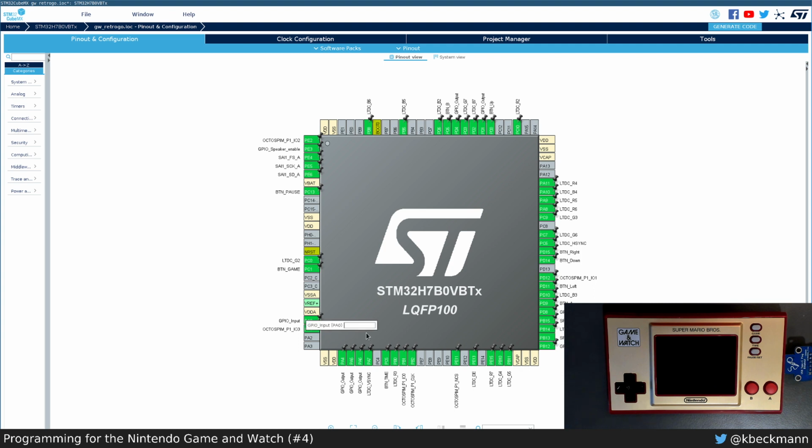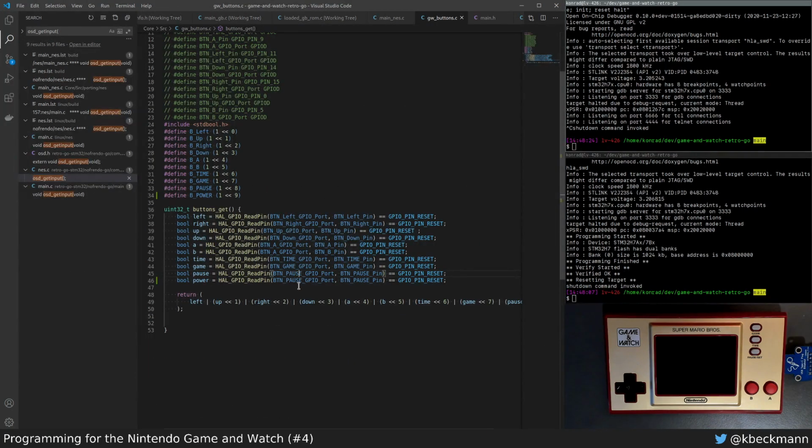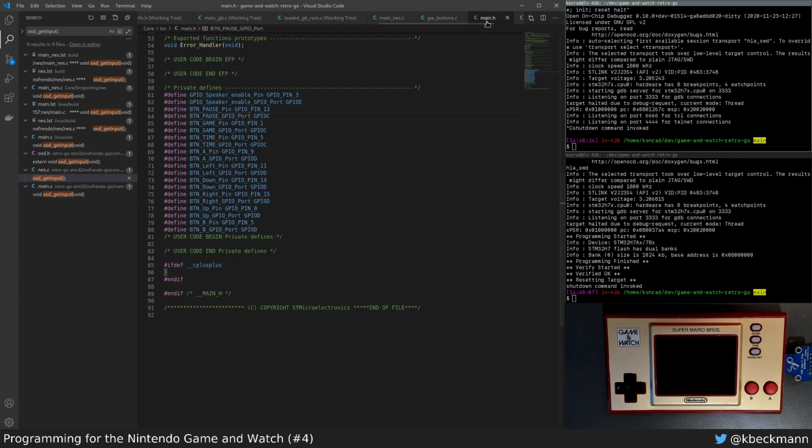And we can also call it something. This way it will generate macros for us, so we can find it. btn underscore, should we call it PWR perhaps? Because we have btn already. Yeah, this would be good. And then we do save and generate. Takes a while. Okay, and then we go back to this one and we can check this main.h. This is generated, I think. So we should see